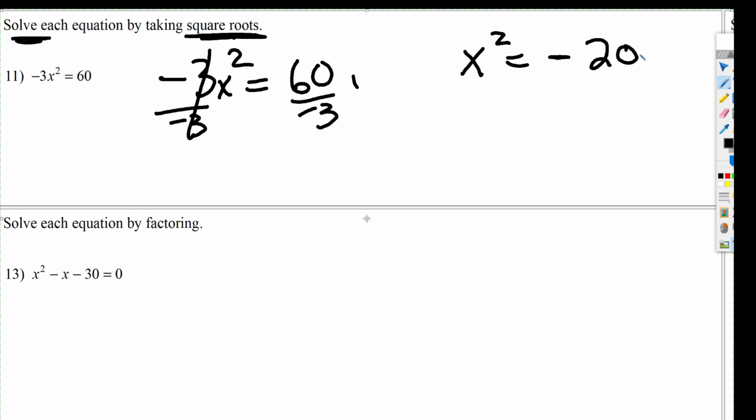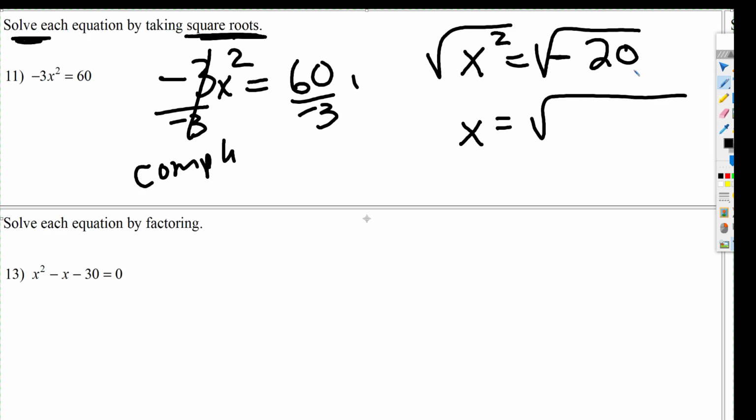Ooh, this is going to look weird, because remember, normally you cannot take the square root of a negative number, but with quadratics, sometimes you're going to have imaginary answers, imaginary terms called complex. So when we take the square root of the left, on the right, we're going to rewrite negative 20 as negative 1. We're going to put a plus and minus right there. Well, the square root of negative 1 is i. And then 20 we're going to write